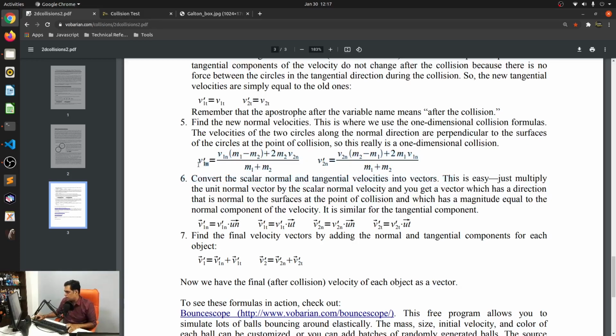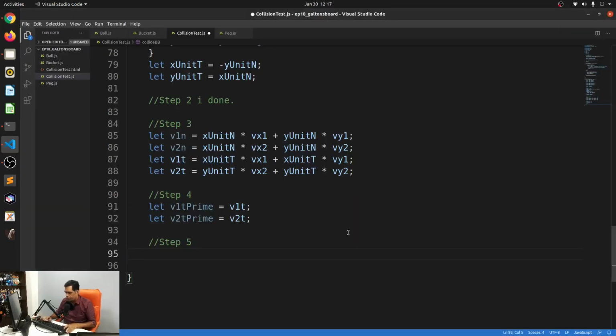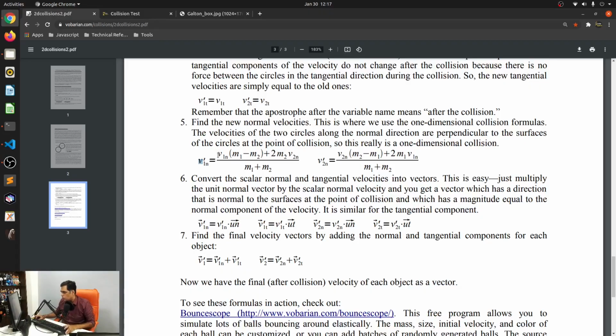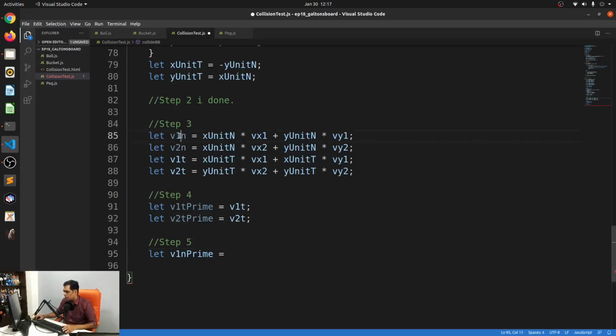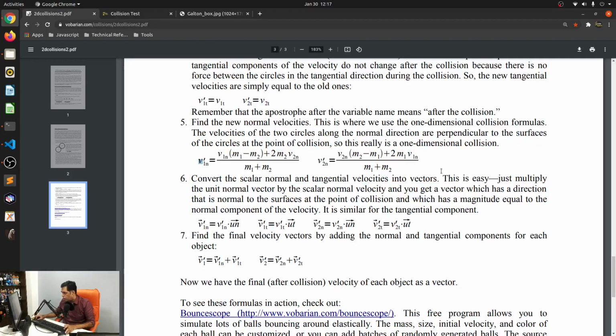The velocity in the normal direction, or let v1n prime, is equal to v1n into m1 minus m2, plus